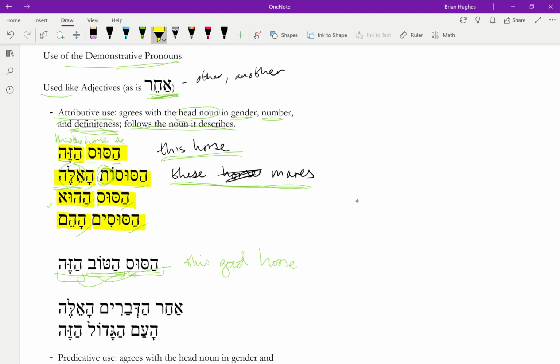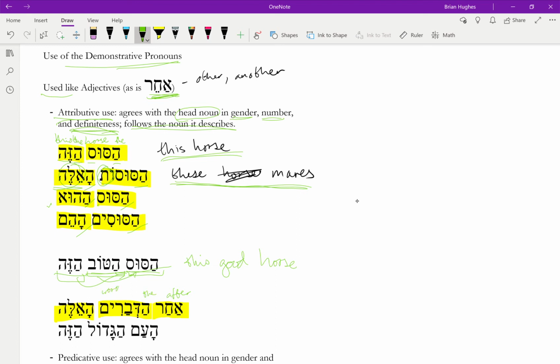A couple of examples from the text. So a few times we've looked at Genesis 15 in our online session. I think actually we've only looked at it once because I fail to get us to that point every week. But this is how Genesis 15 starts. We have achar, hadevarim, ha'ele. So achar is one of our vocab words from this last chapter, which means after. And then we have hadevarim, which is